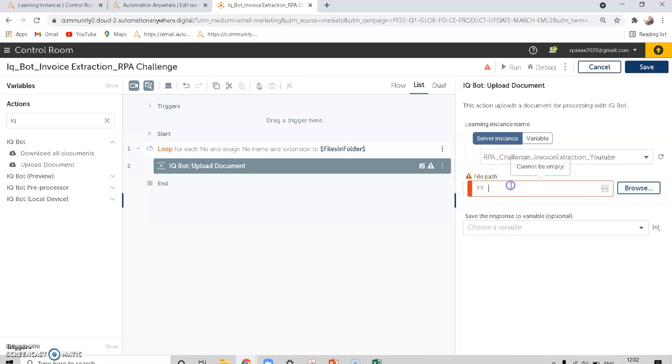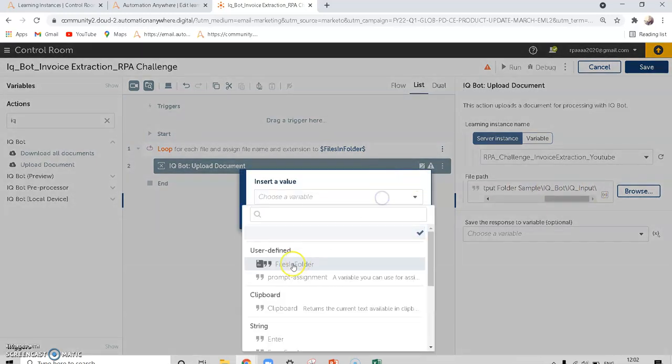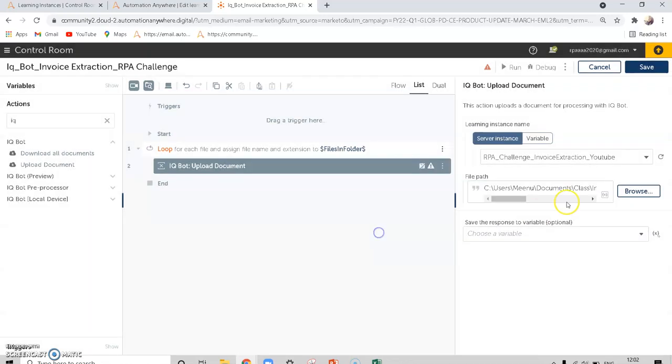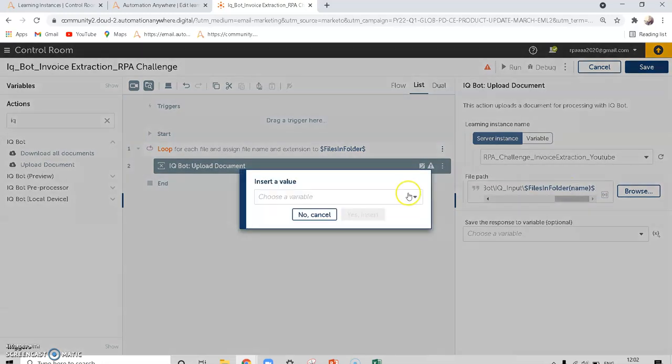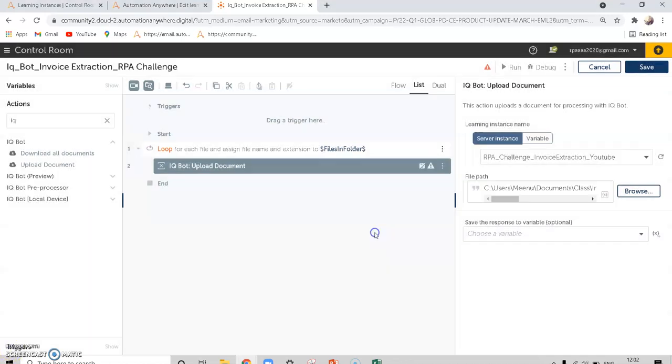And the file path will be the same folder path, and you have to put /, click F2, files in a folder, dictionary key name will be name, and then put F2 extension. The second key will be extension, the first key will be the name.